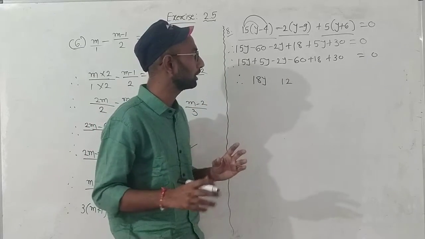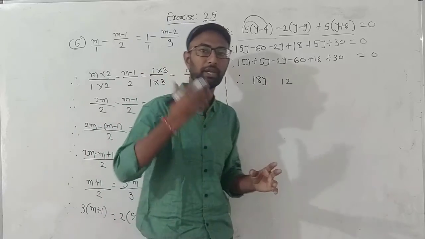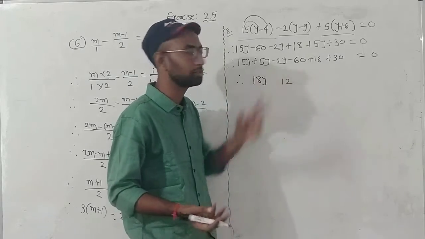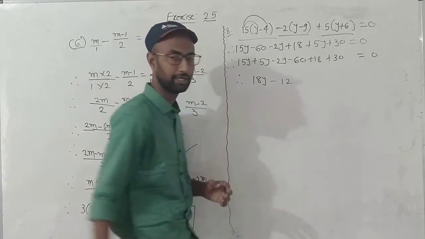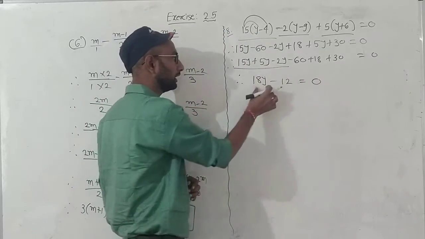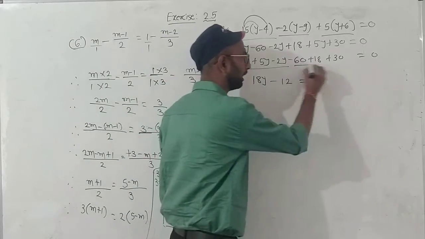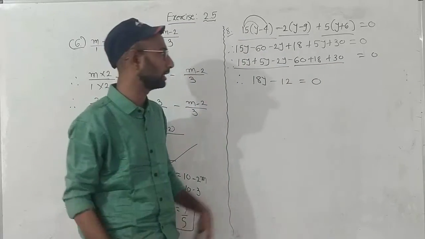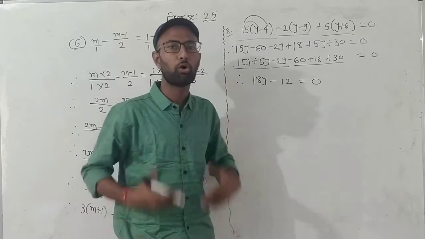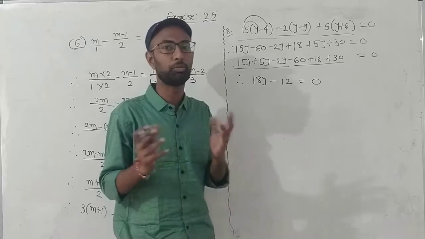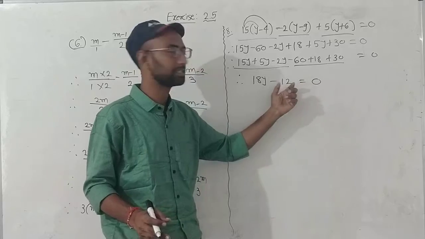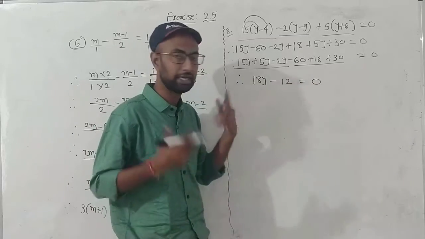Now you need to think about which is the biggest number. Minus 60 is the biggest number or plus 48 is the biggest number. Of course minus 60 is the biggest number. So the sign will be minus, equal to 0. हमने इन तीनों का सिंप्लीफाई कर दिया, जो प्लस 18y बना. आप इसका भी अपने ही तरीके से, अपने ही मेथड से, if you feel कि from where sir got this -12, then you can apply your own method. That is very easy for you, कि -60 plus 18 और plus 30 का सिंप्लीफिकेशन -12 कैसे हुआ. You can apply any of your methods.